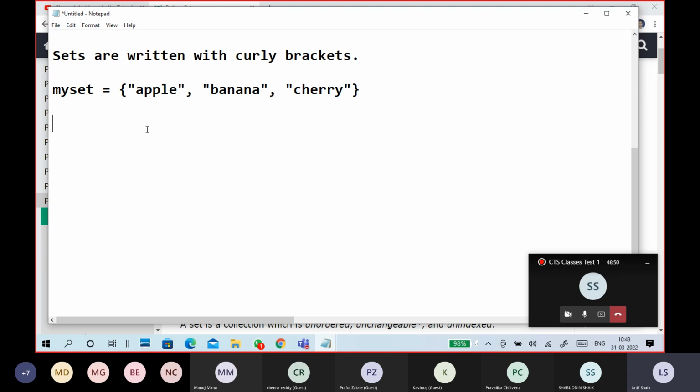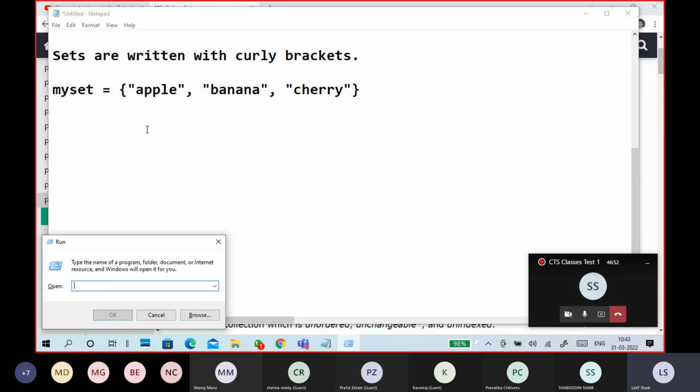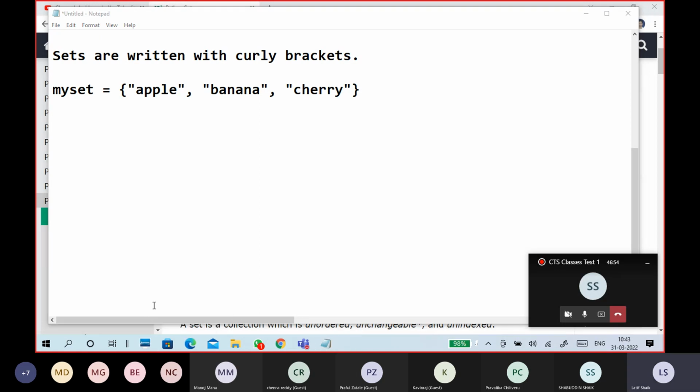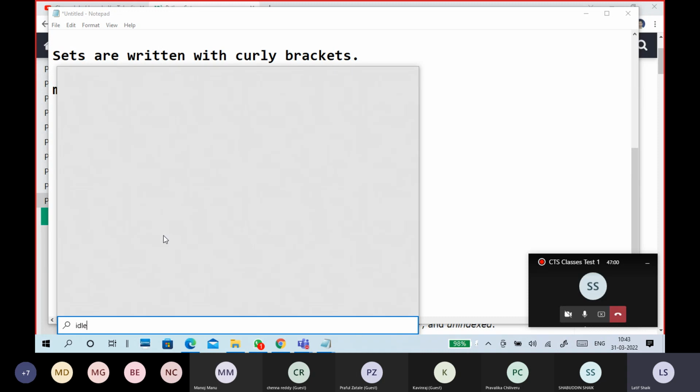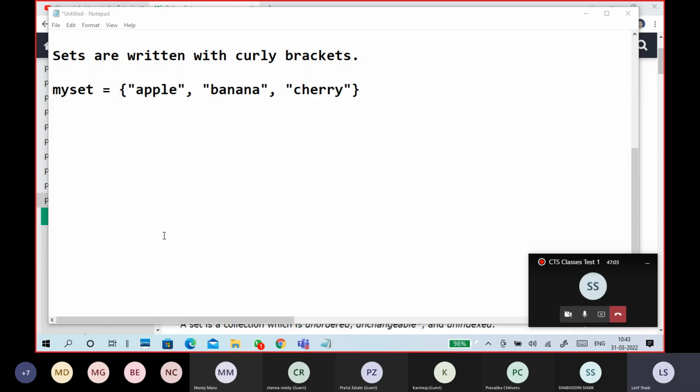So I will take an example. Last time I explained it like this only, so we'll try in that way. First, how to open my IDLE. Guys, while you are typing here, it is like you are typing in a command environment. But we can use these things in the programming way also.